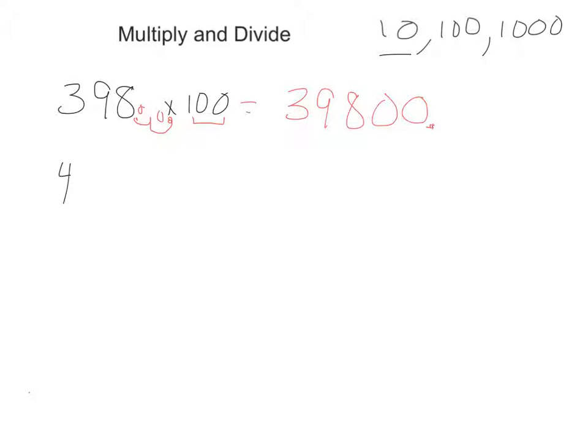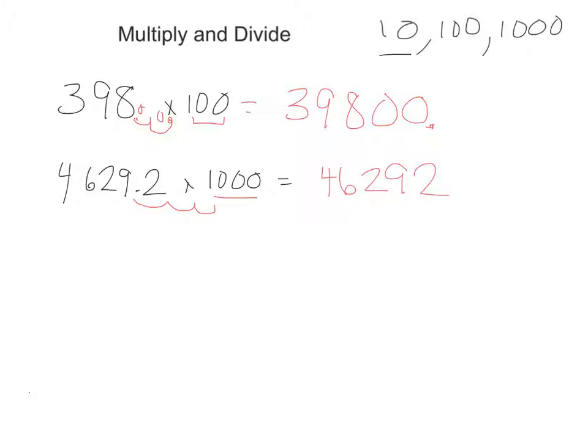If we had 4,629 decimal 2 times, let's say 1,000, we're now going to move that decimal 3 spots to the right. We're going to go once, twice, 3 times. And our new answer is going to be